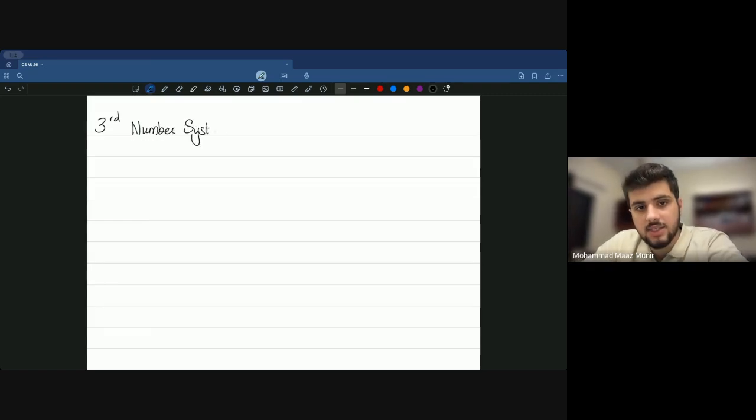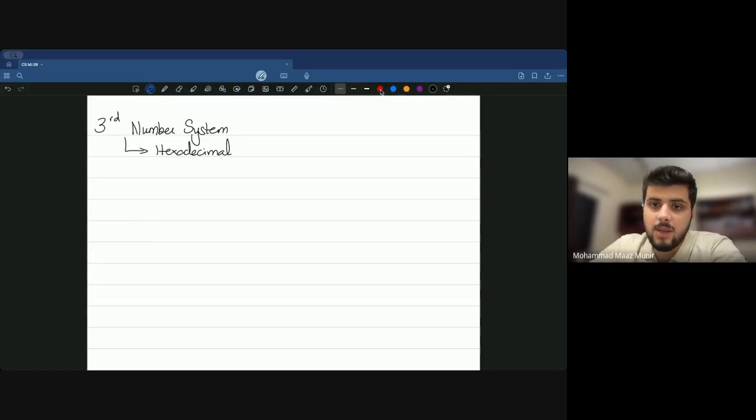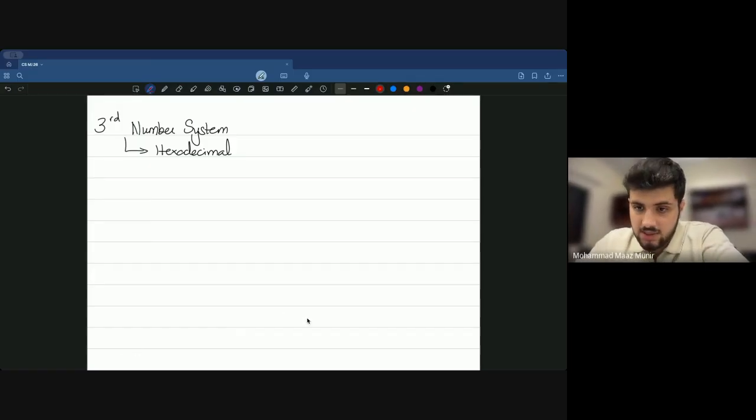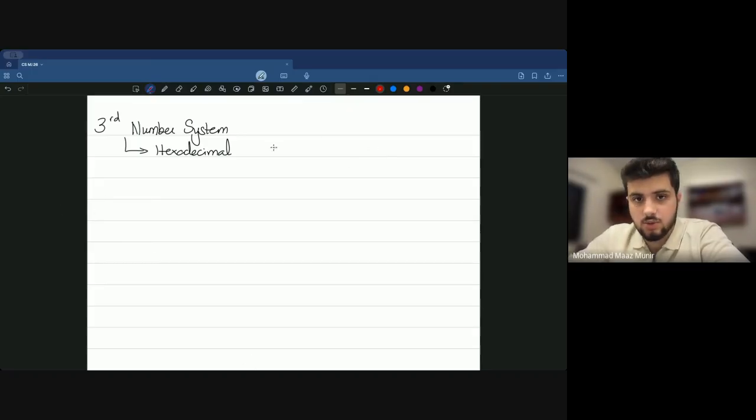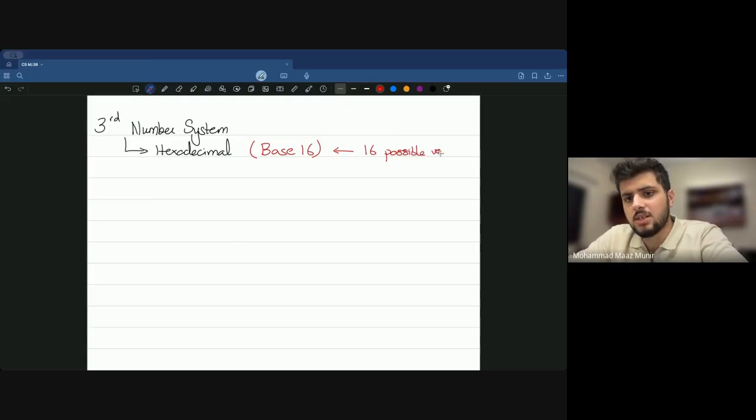And that third number system is basically known as the hexadecimal number system. Hexadecimal. Now, what is hexadecimal? The way we had binary as a base 2 number system and denary as a base 10 number system, we have hexadecimal, which is basically a base 16 number system. If you remember from the first class, a base 16 system basically means it has 16 different possible values. But now you might be wondering, sir, how do we have 16 possible values when the digits go